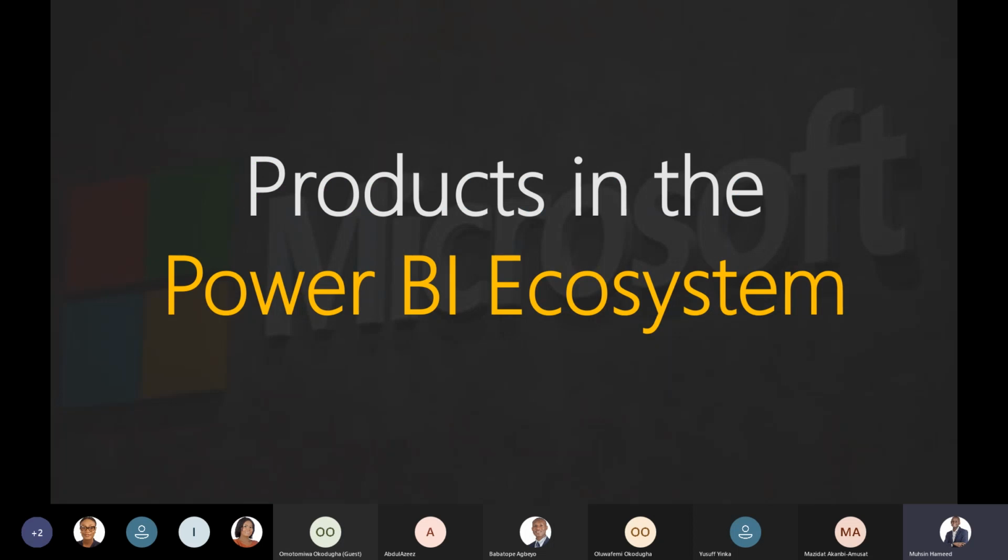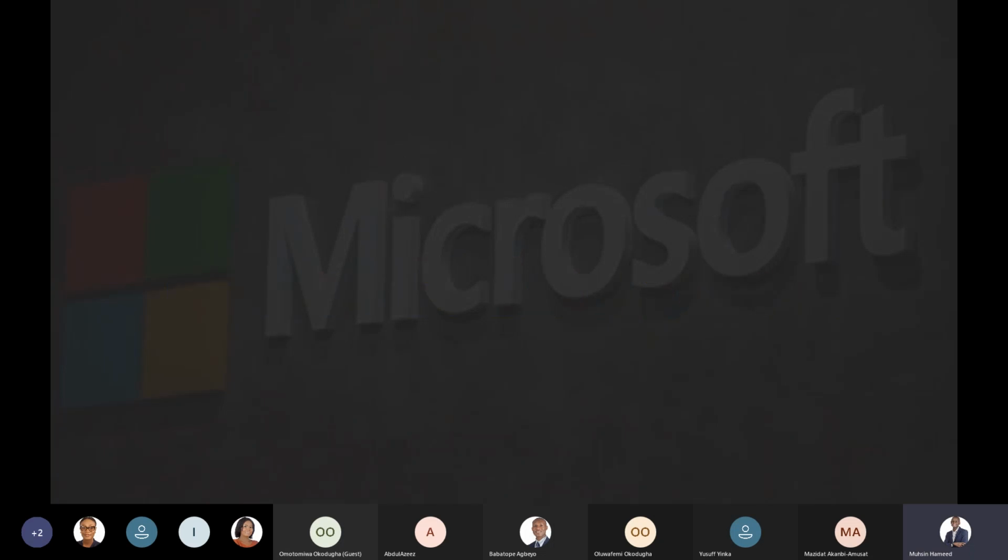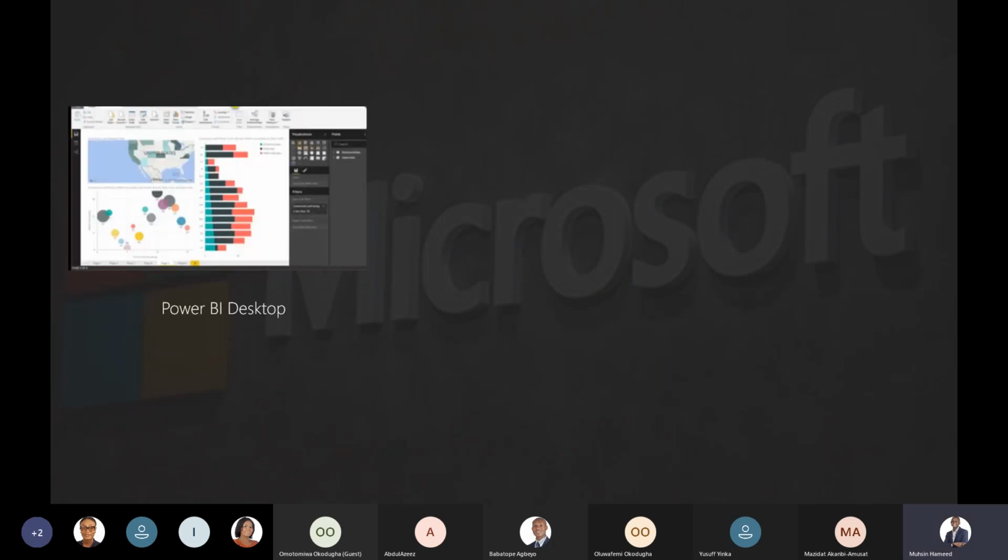Like we mentioned, for Power Apps we have a number of products: Power Apps that you can work with on the web, and Power Apps that you can use on your mobile. The same is applicable for Power BI. For Power BI, we have three products essentially in the ecosystem. The first of them is Power BI Desktop. Power BI Desktop is the desktop application that you install on your system. It sits on your system, and it is there that you are going to analyze your data primarily.